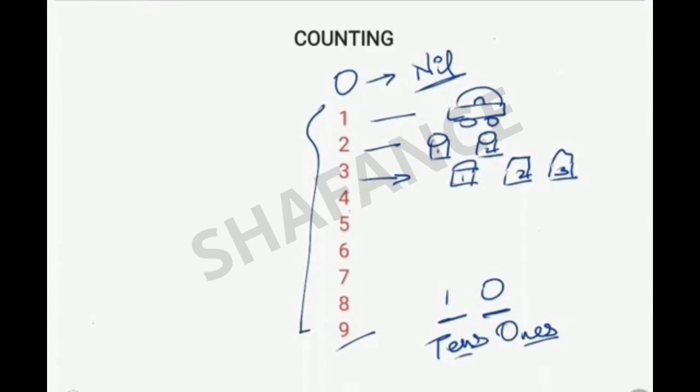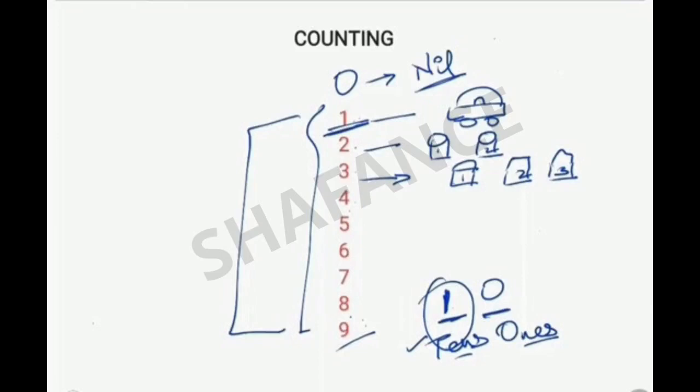So first, we have to keep 2 things in mind. For starting any number series, we have to place the smallest number among 1 to 9. From 1 to 9, we have to place the smallest number on the leftmost place. In the present case, the leftmost place is tens. So this takes 1 because 1 is the smallest. 1 comes before any of these numbers. So after 1 comes 2, then 3, then 4. So since 1 comes in the beginning, it is the smallest.